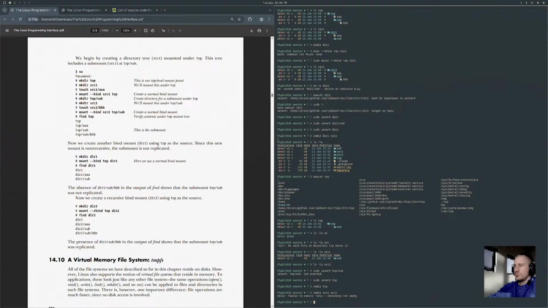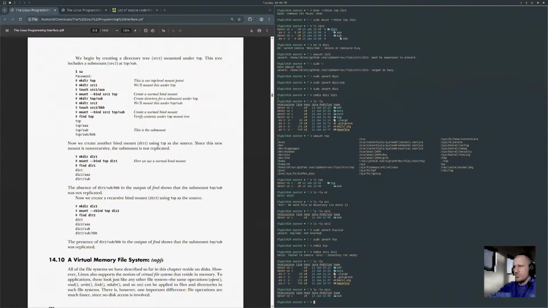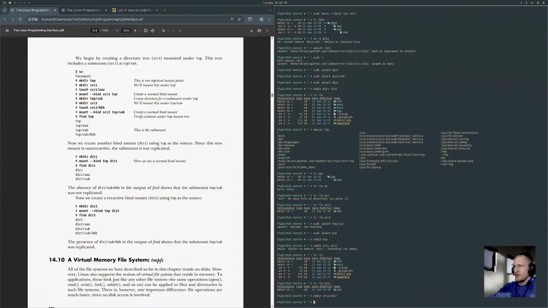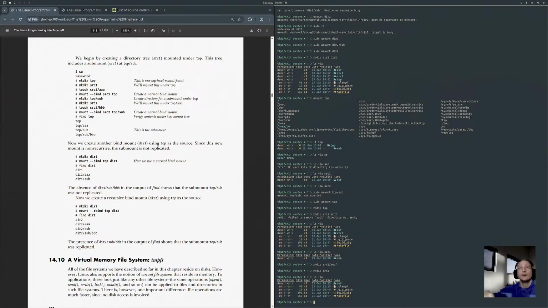There we go. That's right. Okay. Just unwind all that. The presence of dir2/sub/BBB in the output of find shows that the submount was replicated.